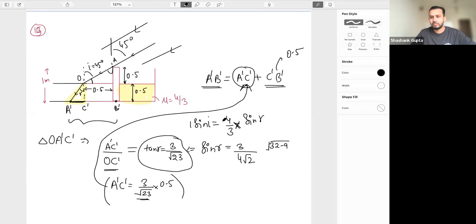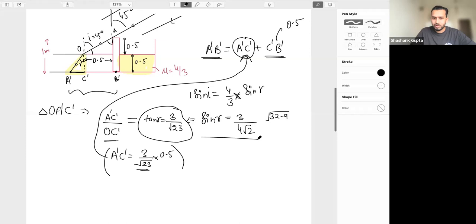Okay, I'm not explaining it completely again. See the solution later, we have so many problems. If you have got this, 1 sin I is equal to mu sin R, right? So we found sin R, because sin I is 1 by root 2, so sin R is 3 upon 4 root 2. Sin R has come to me. So from sin R, can we find tan R? Yes, this is perpendicular upon base. Base is what? Don't ask these things.